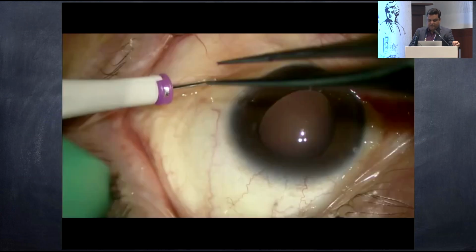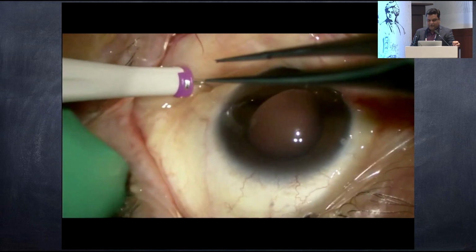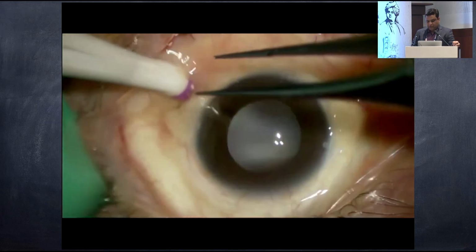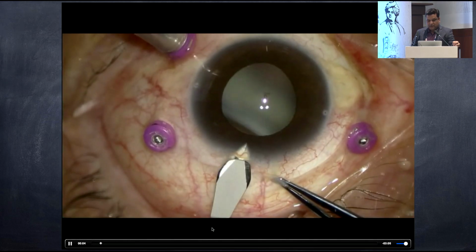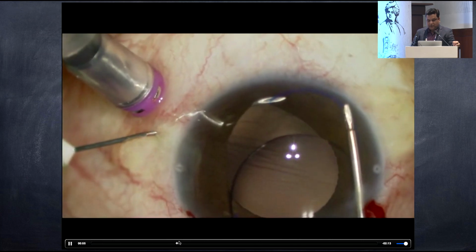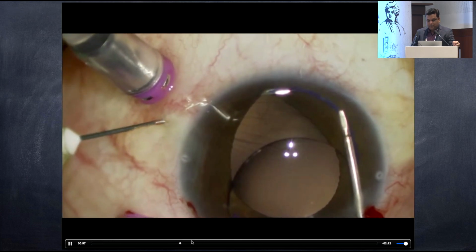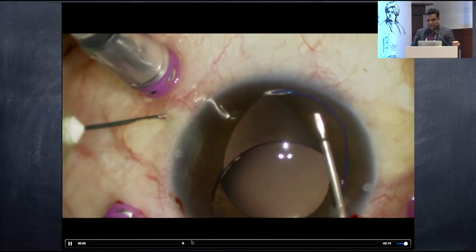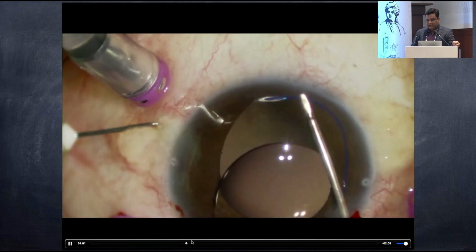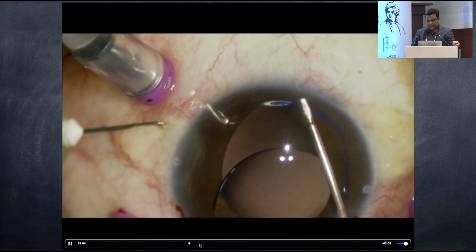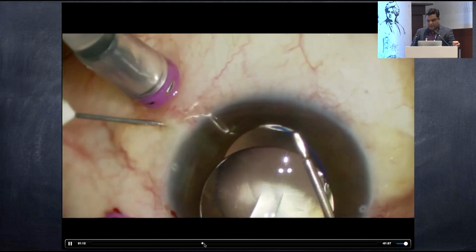This is one more technique, the Mahuli technique, wherein you don't have to use sutures. You can do it transconjunctivally in most cases. This is a case of a dropped IOL. Once the IOL was removed, you need to externalize the haptics. This is a 3-piece lens. You need to externalize the haptic through a 26 gauge needle